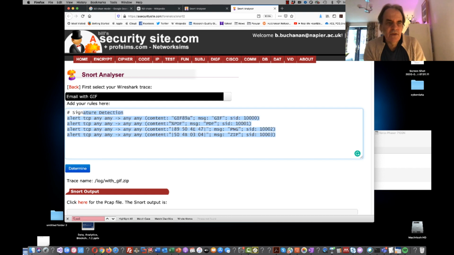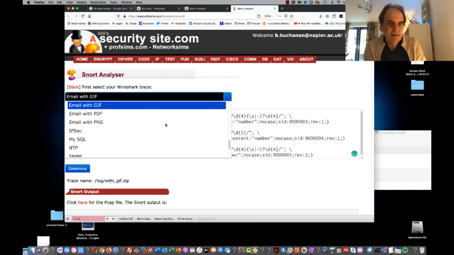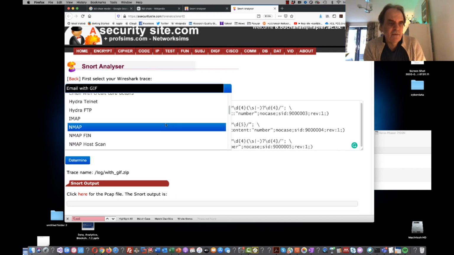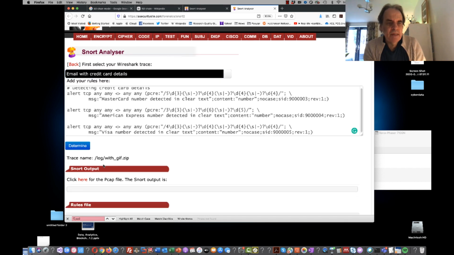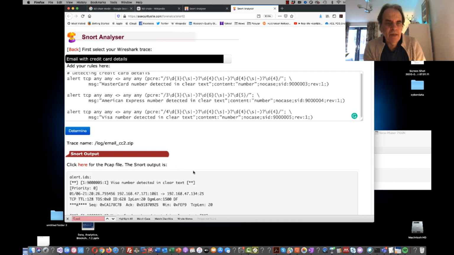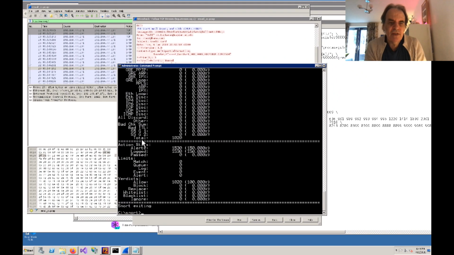Okay, so we'll put in our credit cards detector, and the one that we're looking for is this one. And that is there. Okay, so it's detected 2 different credit cards in there. If we have a look back at our Wireshark trace,